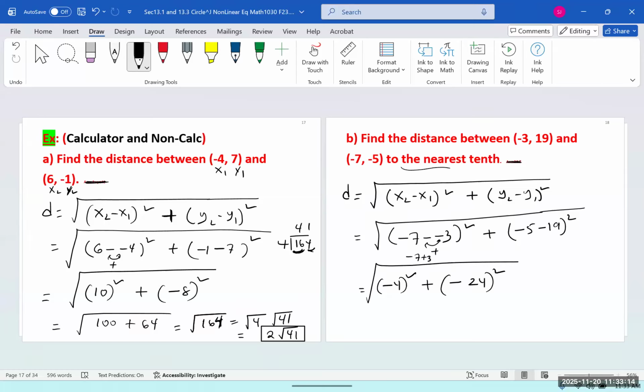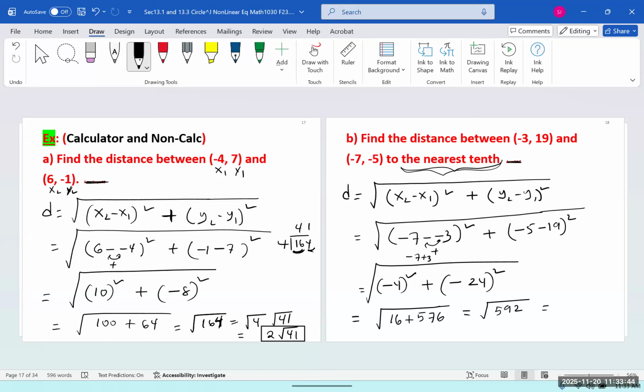It says round to the nearest tenth. It means you're allowed to use the calculator. The direction says round to the nearest tenth, which means you're allowed to use the calculator. You don't have to use your brain. So what is 24 squared? 576. So square root of